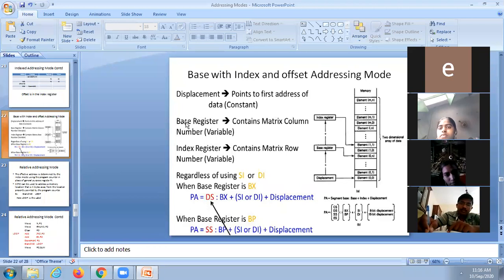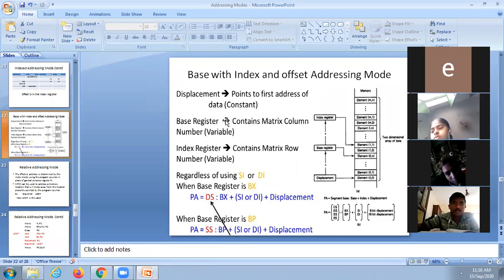Here you see this base register. This is used to represent a matrix like this. The base register is used for the column number, and similarly the index register is used for row numbers. One may be used for column and another for rows, as per convenience. So this is used for things like student marks. This type of addressing mode is used to access data like student records or any matrix format.